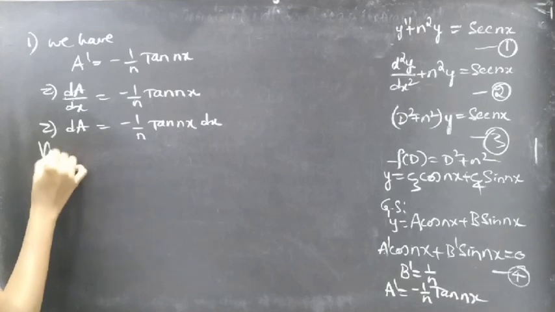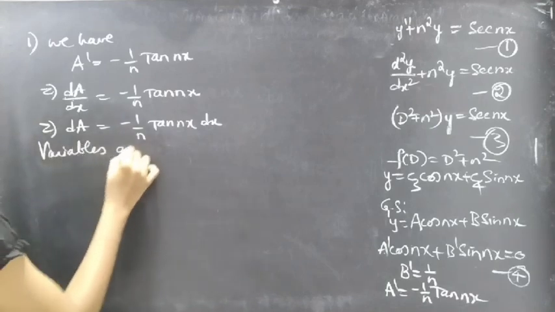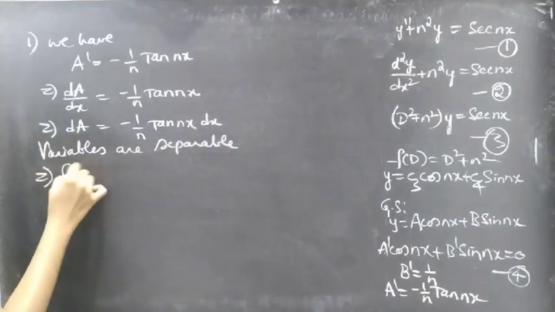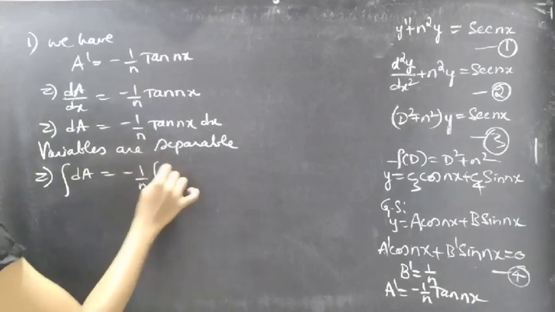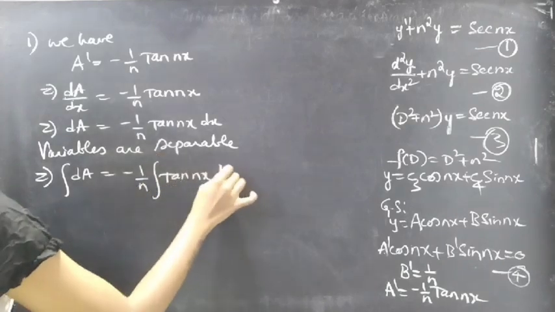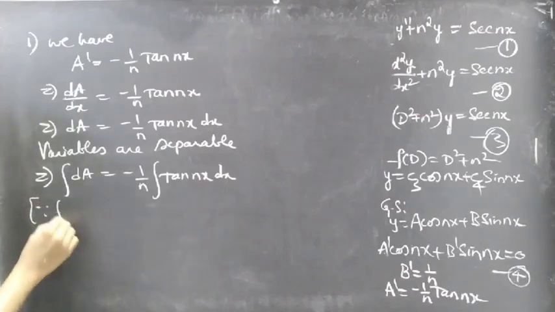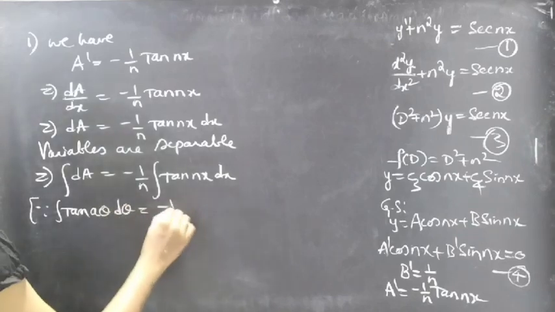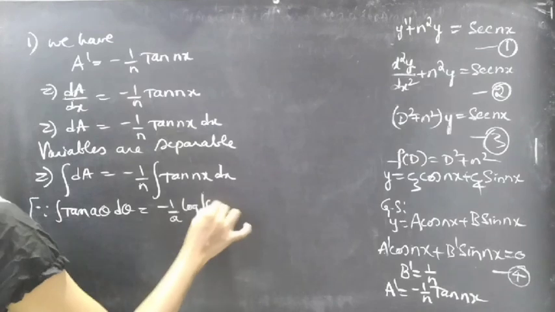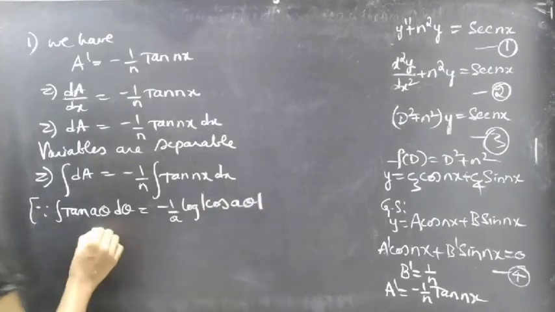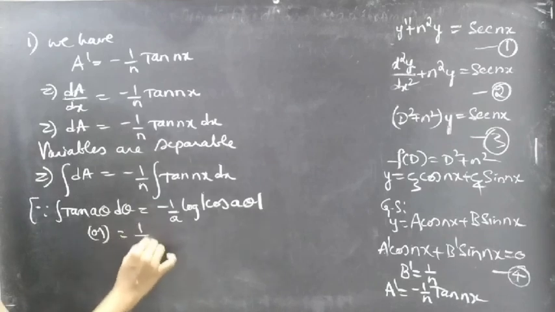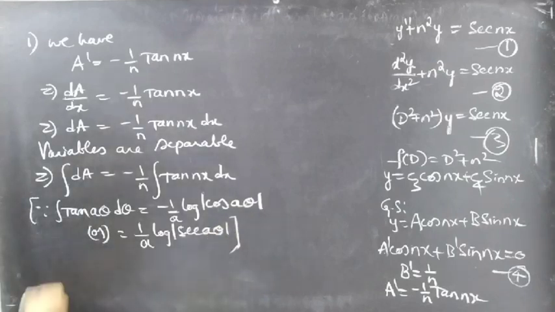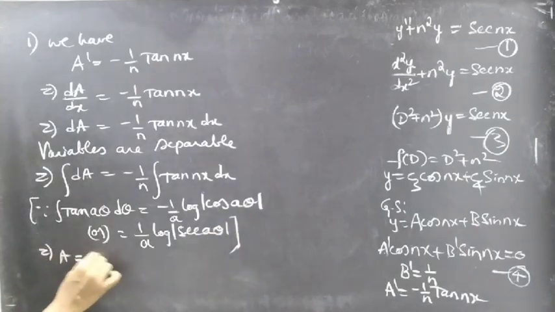Here the variables are separable, so we can perform integration. Integral dA equal to minus 1 by n integral tan nx dx. Since we know that integral tan a theta d theta equals minus 1 by a log mod cos a theta, or 1 by a log mod secant a theta, then the above equation becomes a equal to minus 1 by n into,